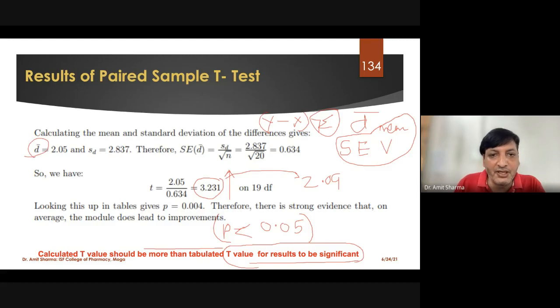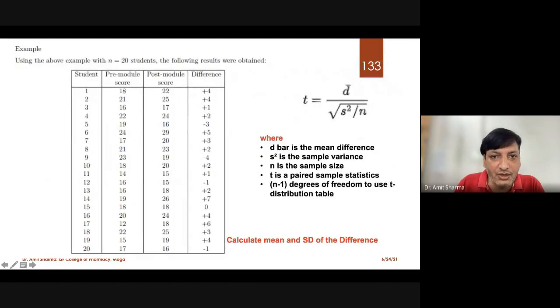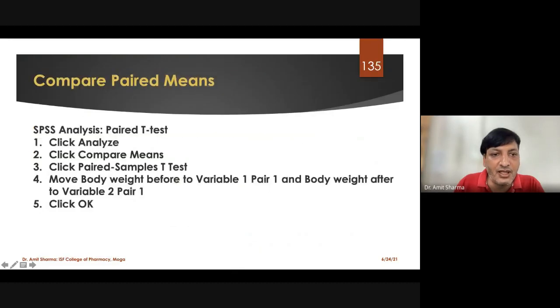So both methods can be applied. For example, you can do by another way. For example, you can calculate the mean of x and mean of y, and you can find out what was the exact difference there, and that difference you can quote in the thesis, and that value we are going to see in the test when we are going to apply with the help of SPSS.